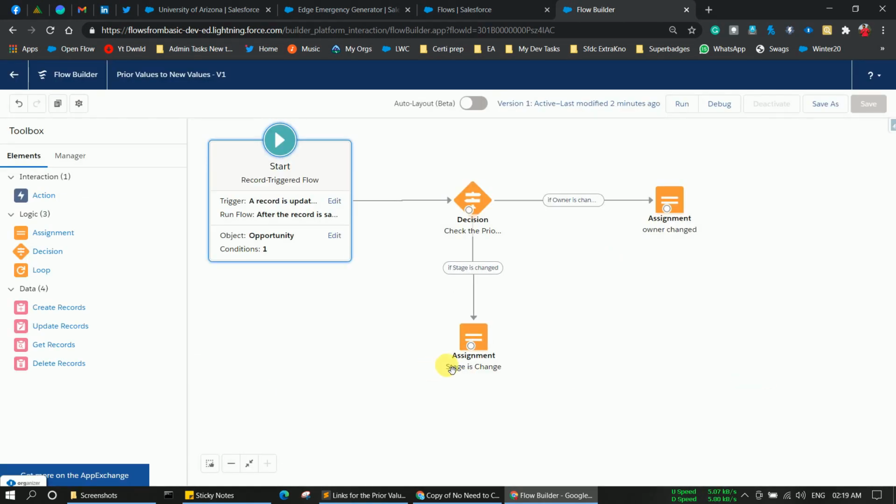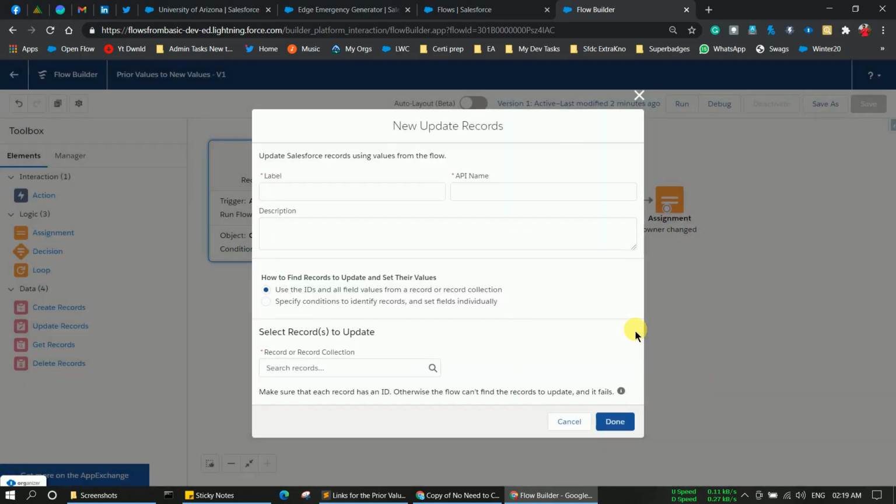Now after the assignment, you have to provide update records. So let's say I'm going to use the update record element over there. Let's add update the opportunity.